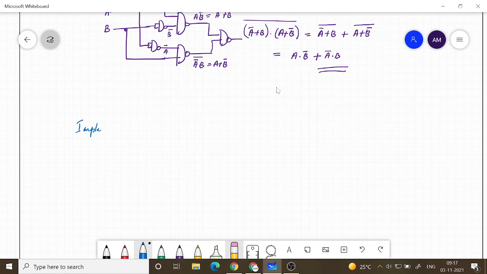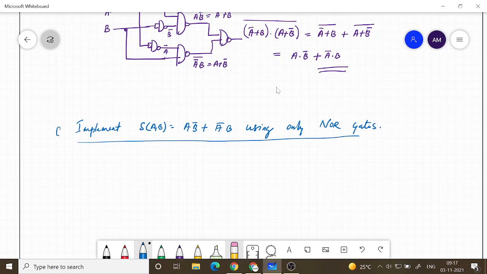Implement F of AB is equal to A B bar plus A bar B using only NOR gates. Okay, so this is another question.